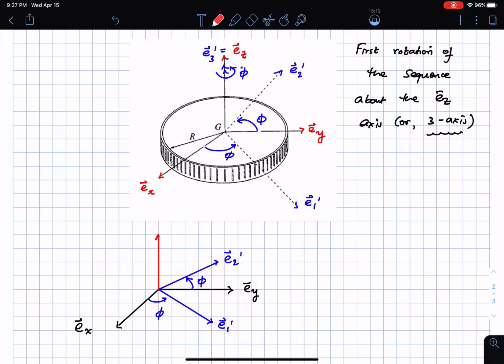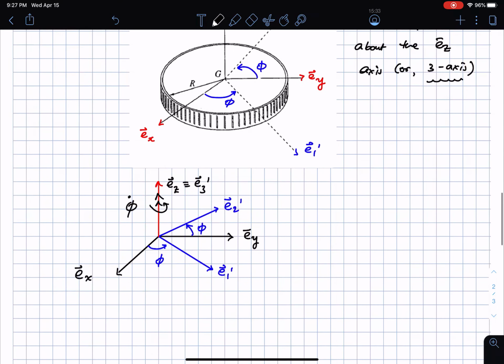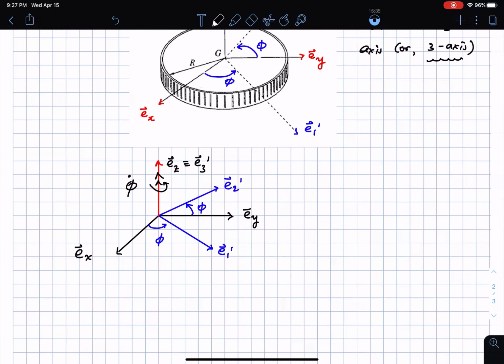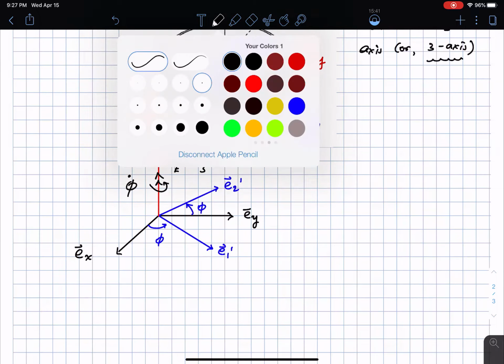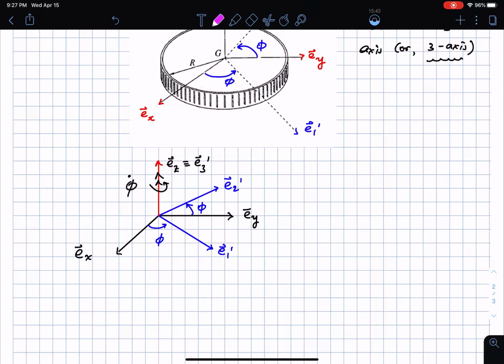Okay, so this direction is going to be the same as EZ, which is the same as E3 prime, and the rotation rate, we say, is an incremental or infinitesimal rotation rate, which is phi dot. And it's quite obvious to see that if I take E1 prime and split it into components along EX and EY,